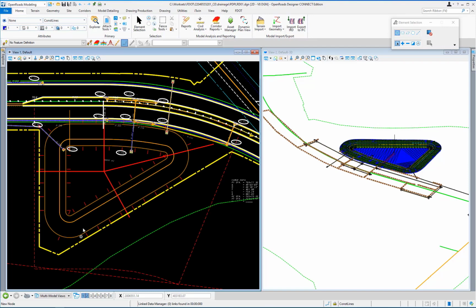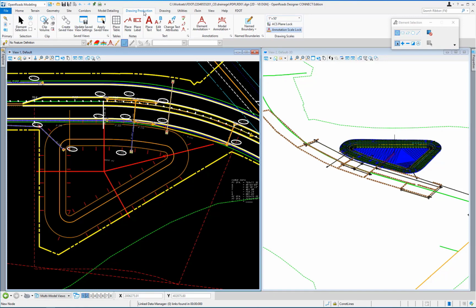Switch to the Drawing Production tab and in the Name Boundaries group, left-click on the Named Boundary drop-down. Select the Place Name Boundary tool, and the Place Name Boundary dialog box opens.